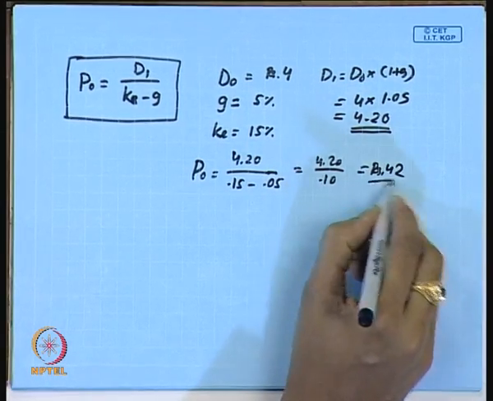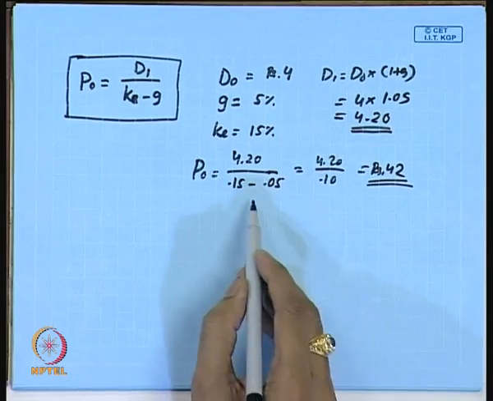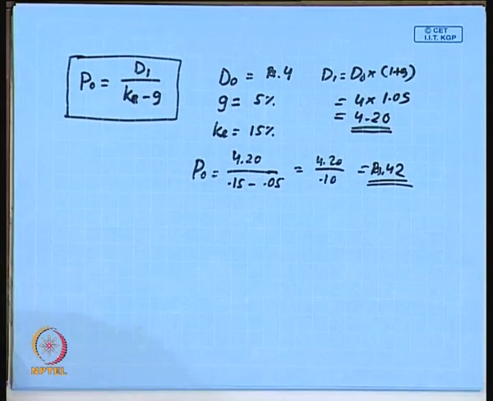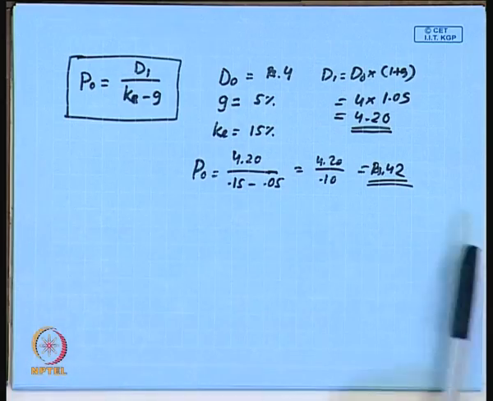This is the method of valuation where you say that the value of the share applying this particular model is rupees 42, when the dividend today is 4 rupees and expected to increase at 5% for all the years to come. It is the constant growth model, and 42 is the present value of the share. If the share is available for less than 42, obviously it becomes an investment choice. If it is more than 42, we do not buy it; rather, if you have the share, we can sell it.